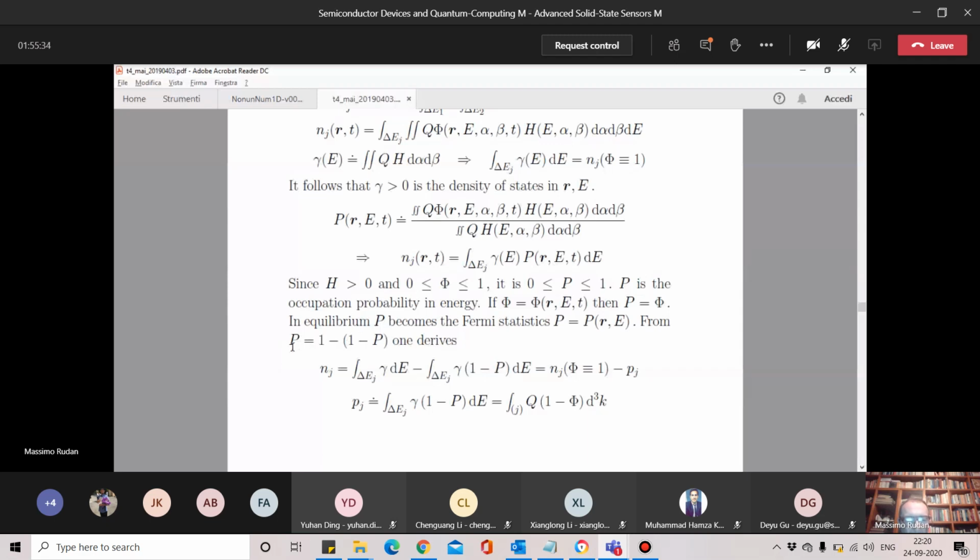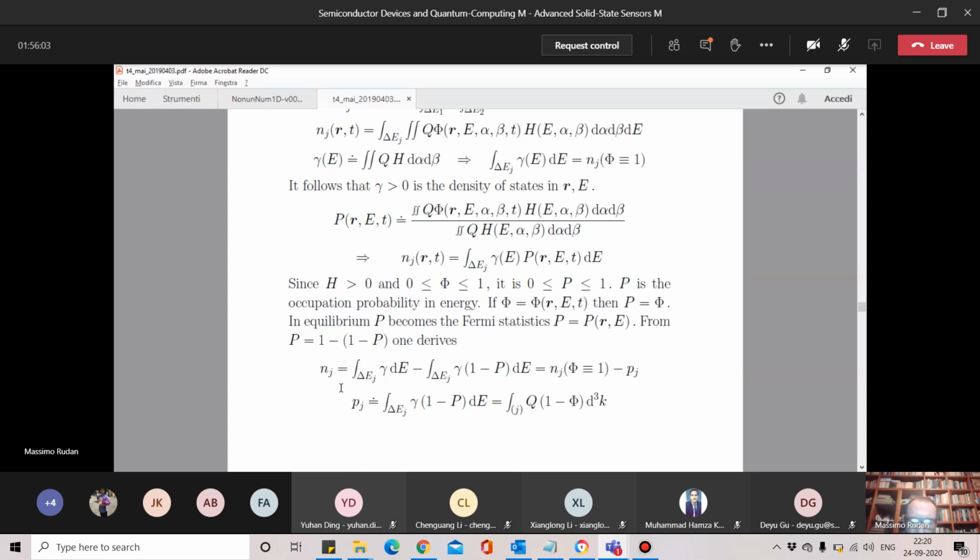And then we replace this form into the integral. The integral with the 1 gives you this quantity, the integral over the band of gamma. And you remember, this is just the total concentration of states,